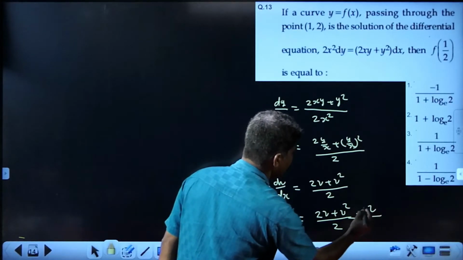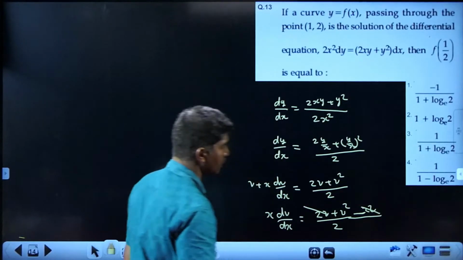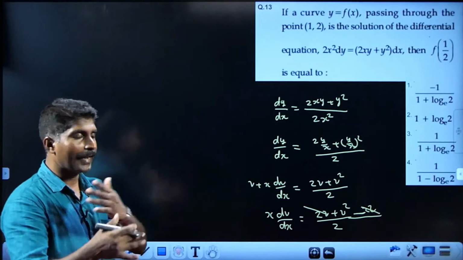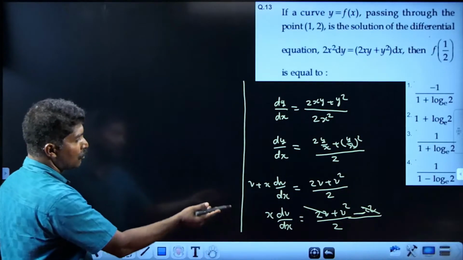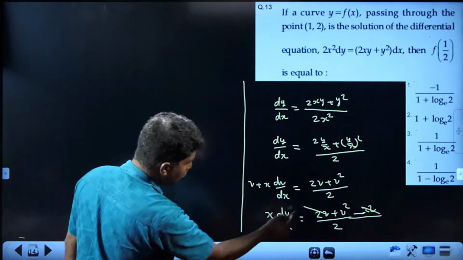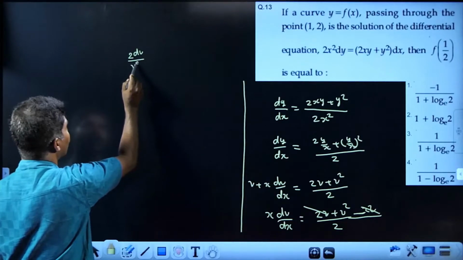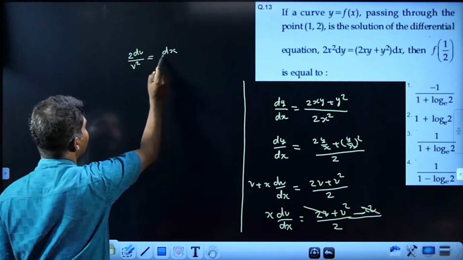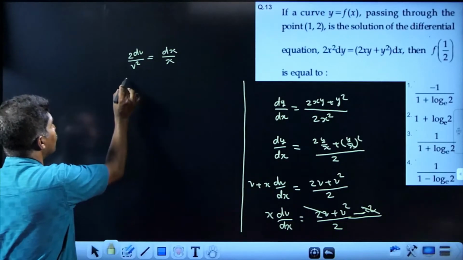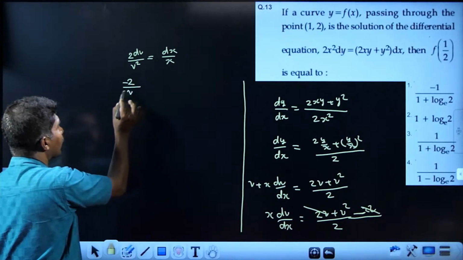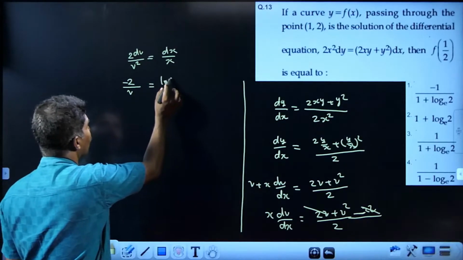So we will take the LCM here itself. 2v cancelled. So v square by 2 is there. Again variable separable. Now separating the variables, what you will get? 2dv divided by v square is equal to dx divided by x. Okay, cross multiplying, then integrating on both sides, negative 2 divided by v is equal to log x